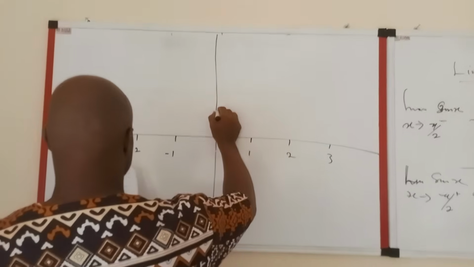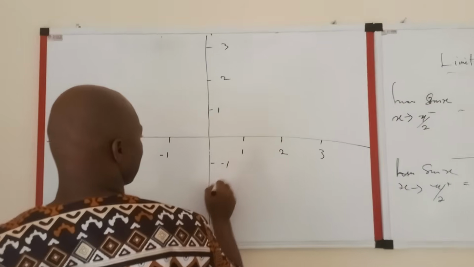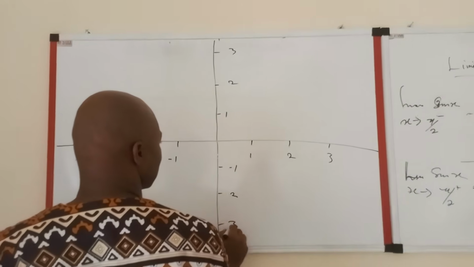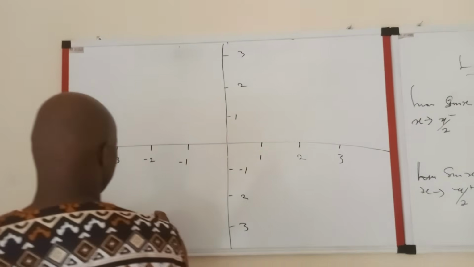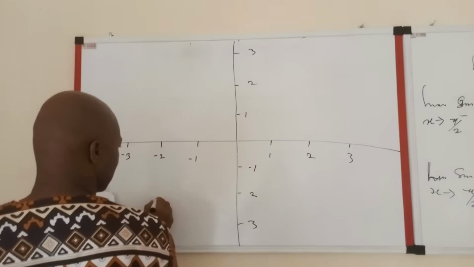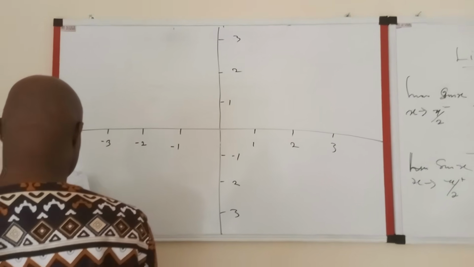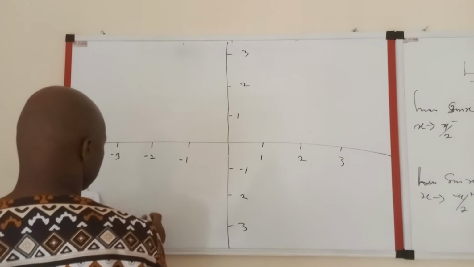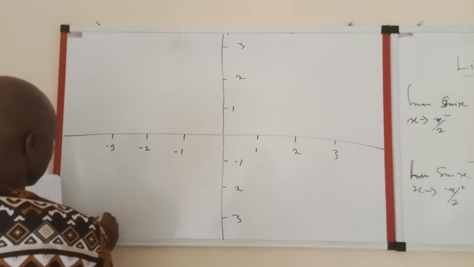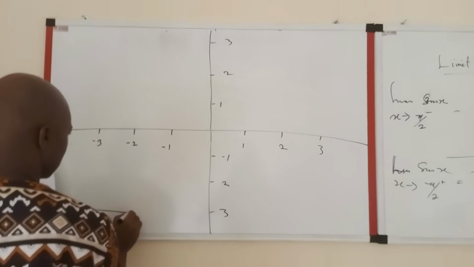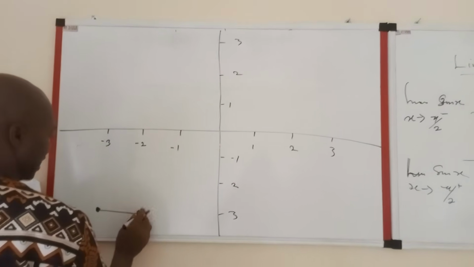We have, say, 1, 2, and 3. We have -1, -2, -3, and so forth. Now, say, if we have a number from a function that is here is taken, here is not taken,